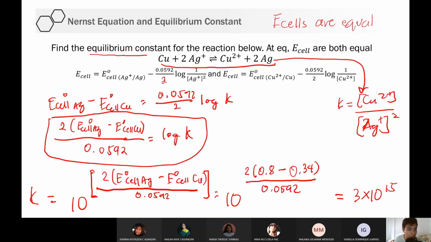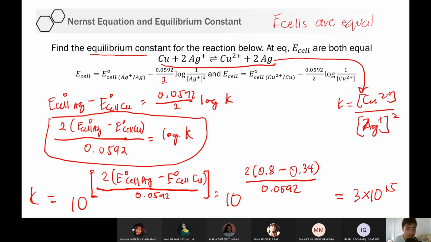Okay, sa textbook, ang nakalagay sa textbook ay 4.1 times 10 raised to 15. And okay, so 4.1 times 10 raised to 15 sa textbook. Kasi bakit? Yung e-cell kasi sa textbook ay 4 decimal places. Ako ginawa ko ganito lang eh. So this is actually 0.77 something. Ito ay 0.33 something. Okay. So, yan. Pero malapit naman na. Yun lang yung difference.